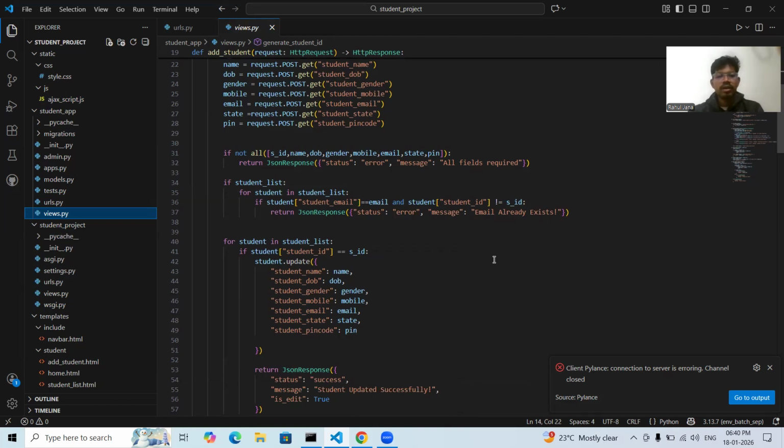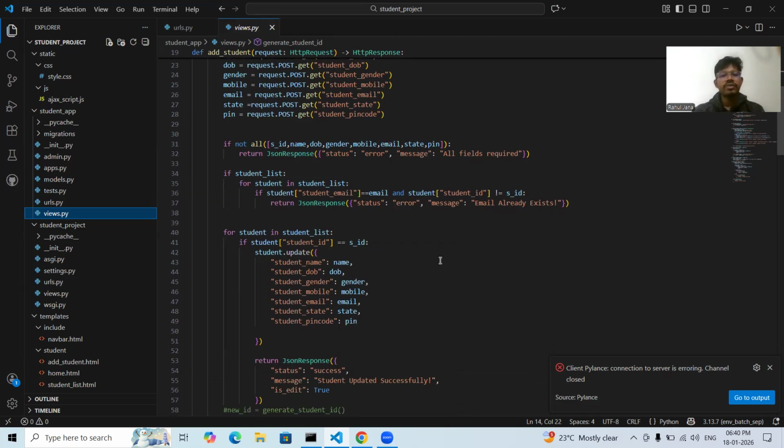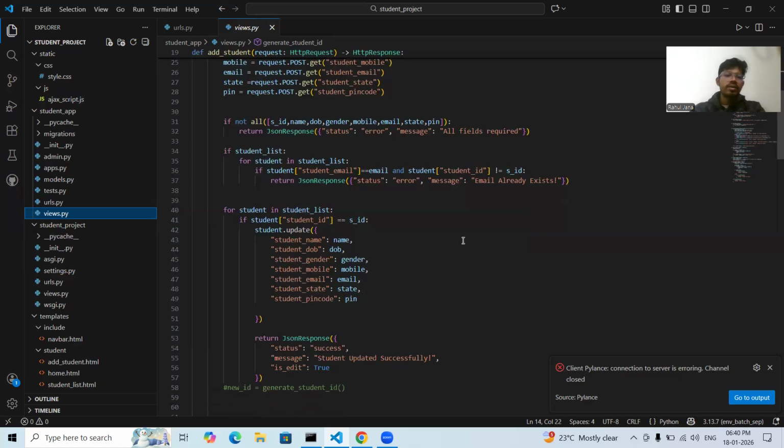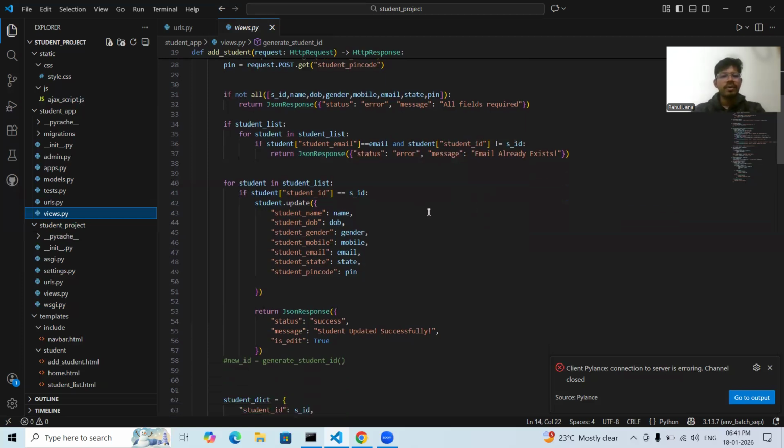There will be no problem. So I wrote it this way. And here return JSON response, status error, message email already exists. Okay. Because when the email for another student is the same, then it will show one message: email already exists. Now I am coming to the next version, and it is for updation for student